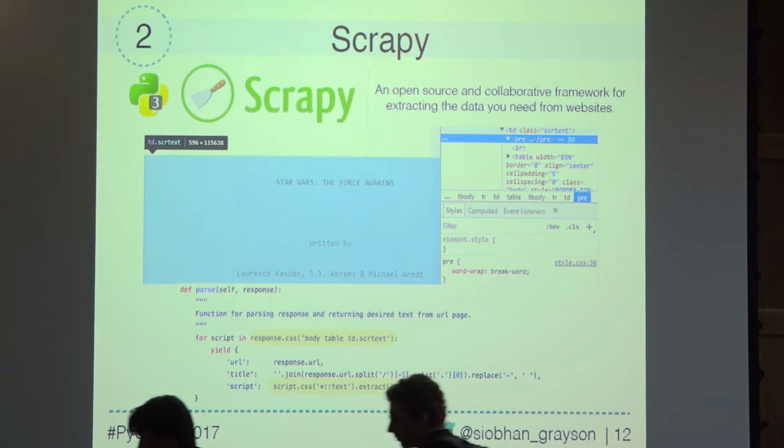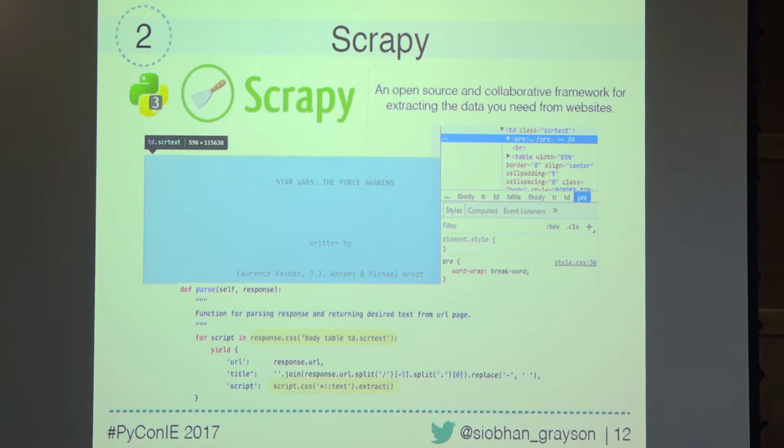And if there's anyone out there who is interested in how to scrape web pages, one of the things I would advise with Scrapy is it's very simple and the documentation is very clear. The only things you have to tweak are the tags on the HTML pages themselves. When I was trying to get the scripts, I would inspect the element tag on the HTML page. Chrome lets you do this very easily, and I can just hover over wherever the script is, or hover over the HTML tags you see there on your left. It's under the TD class, called screen text.